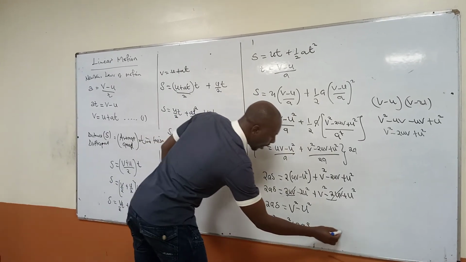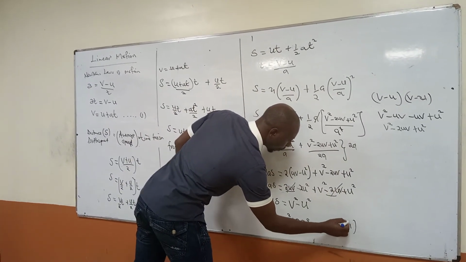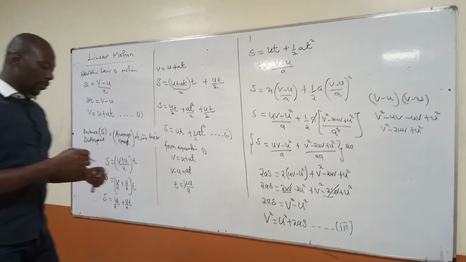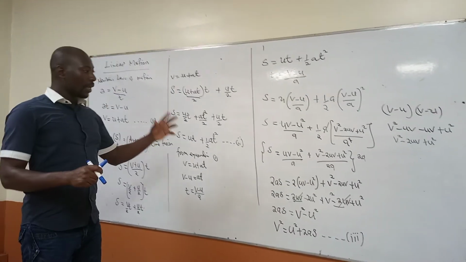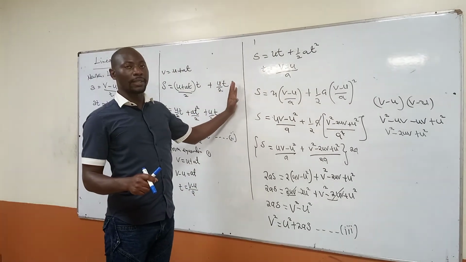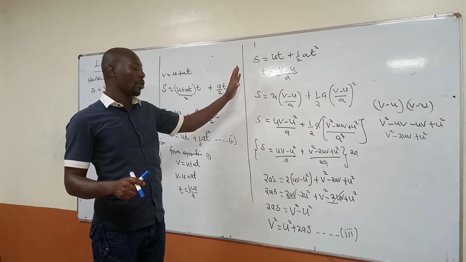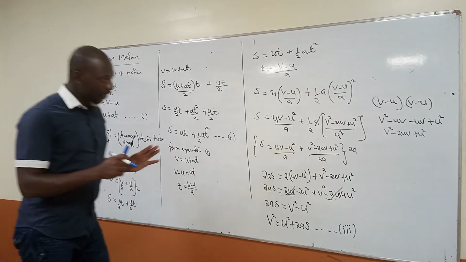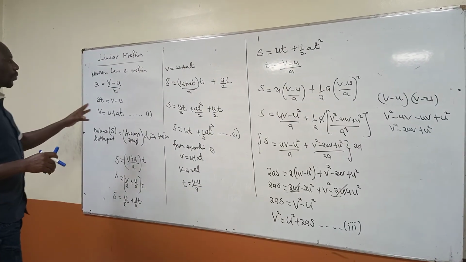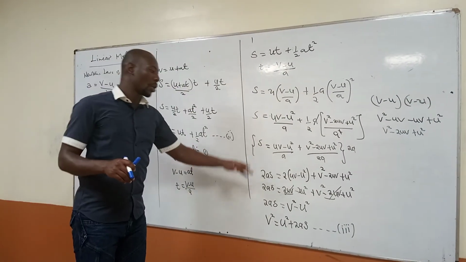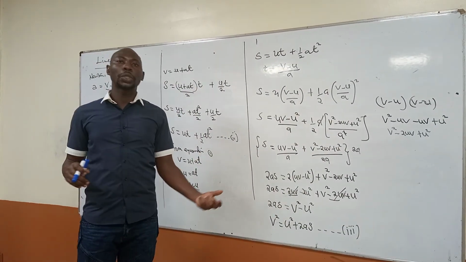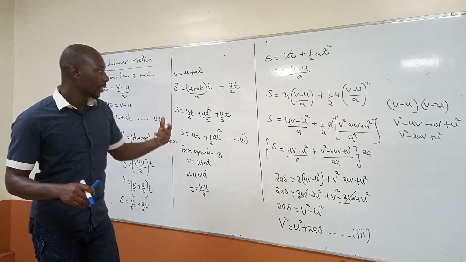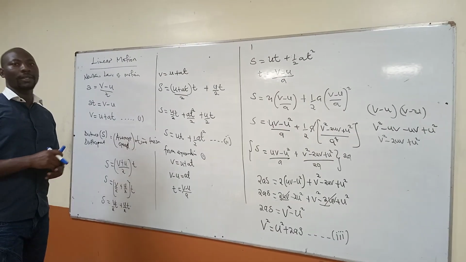So this is our third law of motion. So we've been able to derive all the Newton's laws of motion, and this one is mostly applied and this one is mostly asked. So be very keen on how to derive it. From the first equation you derive up to the third equation. So in our next video we shall learn the applications of the laws of motion and how they apply in real kinematics of mechanics. Thank you.